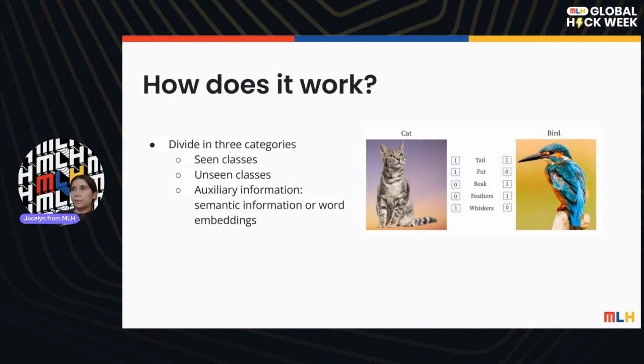So this is a bit simpler to understand, specifically if you are familiar with AI systems. You need to divide your data set in three categories: the category of seen classes, the category of unseen classes, and then some auxiliary information, which is the semantic information or word embeddings. For those of you who are familiar with AI and what embeddings are,